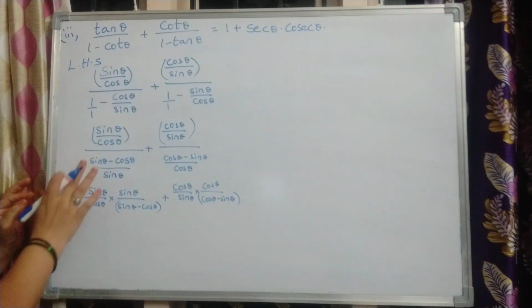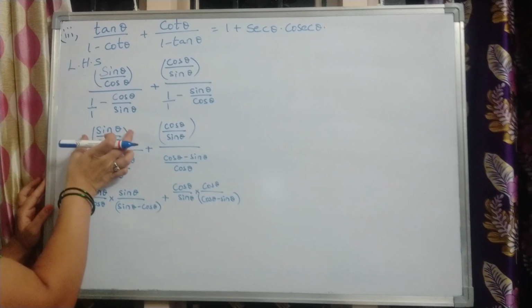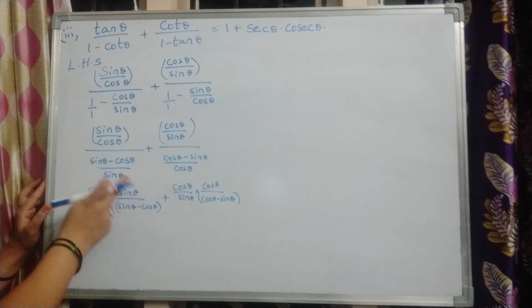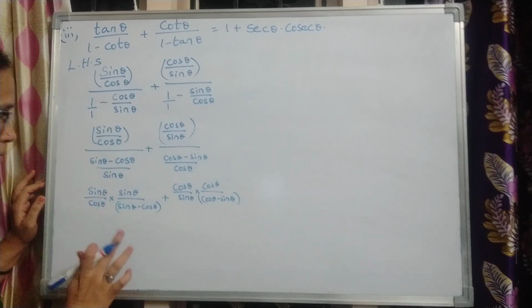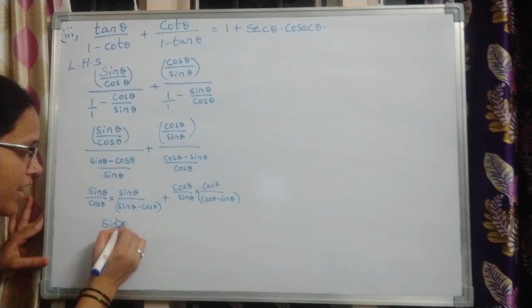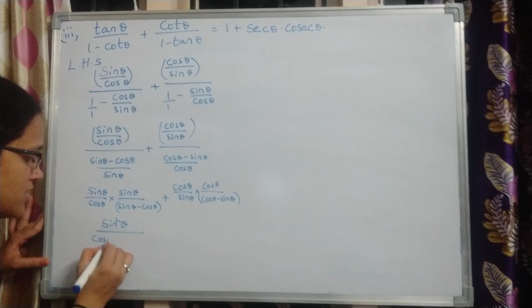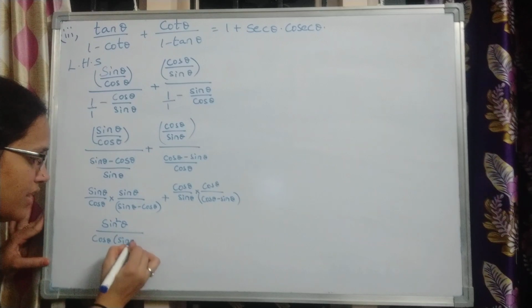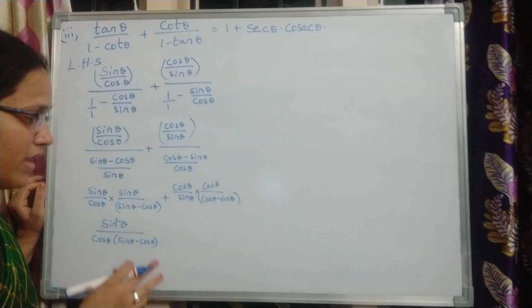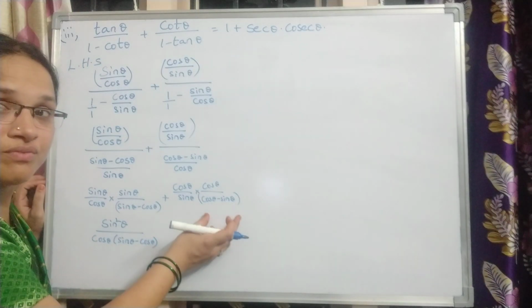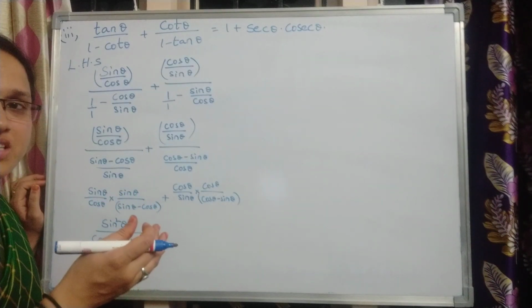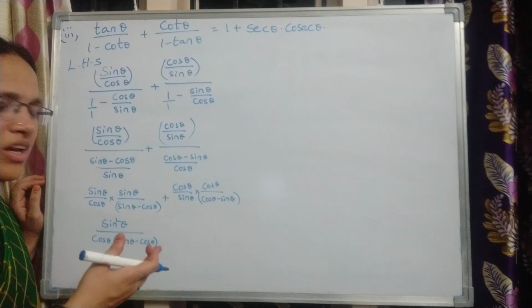Okay, right. So did you understand how I wrote this one? I wrote the numerator fraction as it is, and I wrote the denominator as the reciprocal of it. Now you see, solve it out. Sine into sine, it becomes sine square theta by cos theta into sine theta minus cos theta. Here a minus b is going on, and you can observe the second term is in the form of cos minus sine. Yes or no? Cos minus sine. So you cannot take it like that.